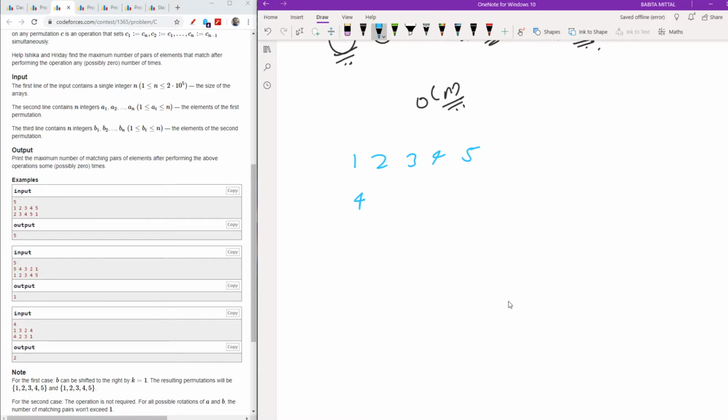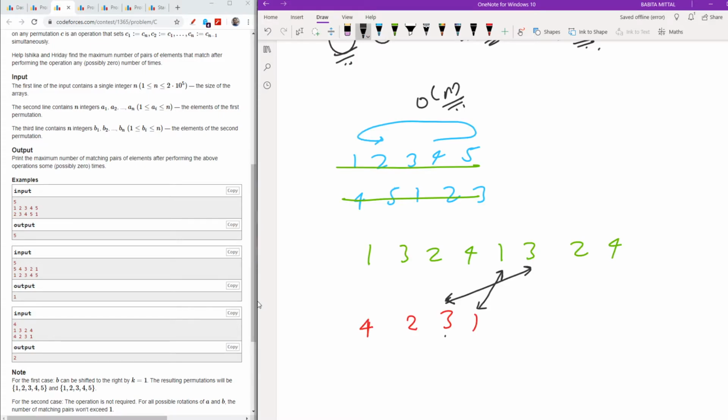Then I will write my other array here, 4 2 3 1. I am having the example here, as you can see. Okay, so let me raise this arrow. Now to make it cyclic, my 1 should be matched with the 1 next to it. Understanding? My 3 should be matched with the 3 next to it. Understanding how? Because when I cyclic shift it, the 3 here will move here, which is actually the 3 here. So the 3 here, I repeated it here.